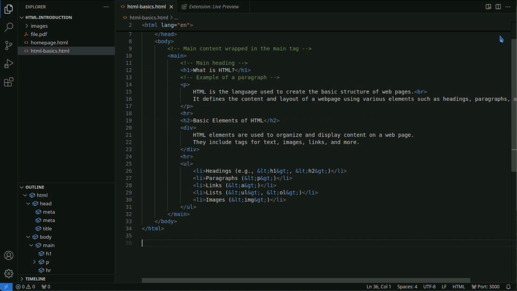Next, let's look into special characters in HTML. In HTML, there are special characters used to display specific symbols and characters. These special characters are called entities. Special characters start with an ampersand, followed by a name or number, and end with a semicolon.